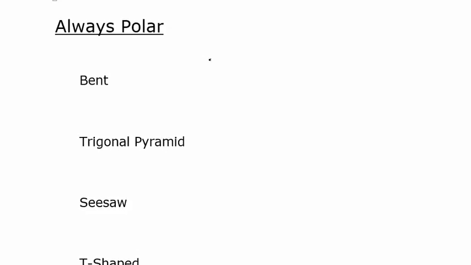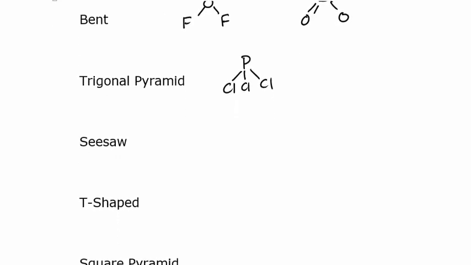All right, and so examples that we just did, OF2 and SO2, those are both bent, so they will always be polar. Trigonal pyramid, we did the example of PCl3, that will always be polar. The seesaw shape is another one. An example is SF4,